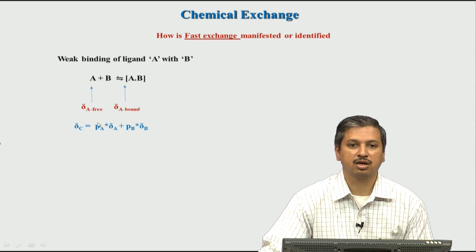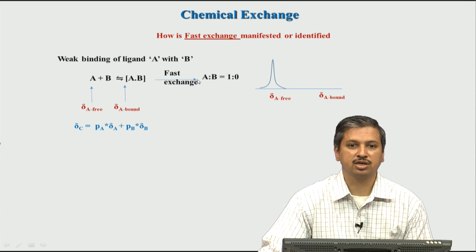determined by the fraction of population of A form and fraction of population of B form weighted by the chemical shifts. Okay. So, that is what will happen. So, let us say there is a fast exchange. Now, suppose I do not add any B at all. So, there is a starting reaction, I am not adding any B. So, obviously, there is no complex. So, there is only one peak which is coming at the position of the delta free, that is A free form. Now, I slowly add the ligand, I add not protein, sorry, and it becomes 0.1:1.